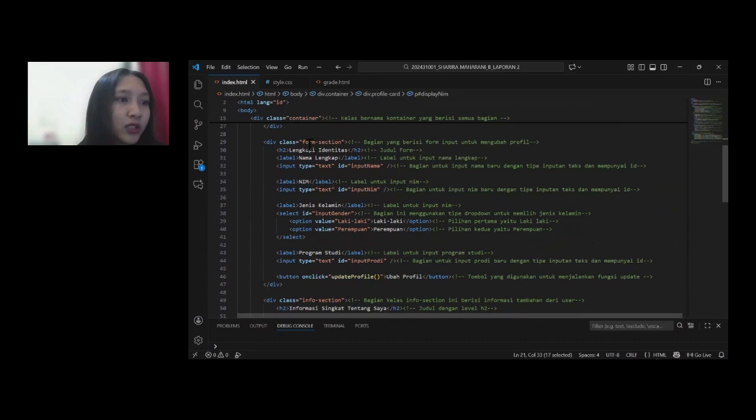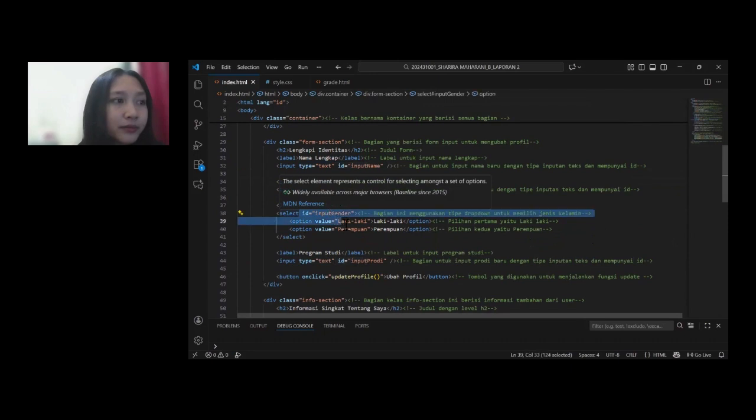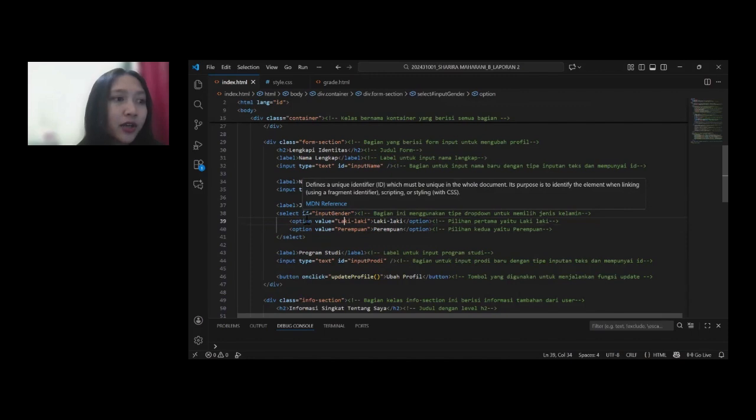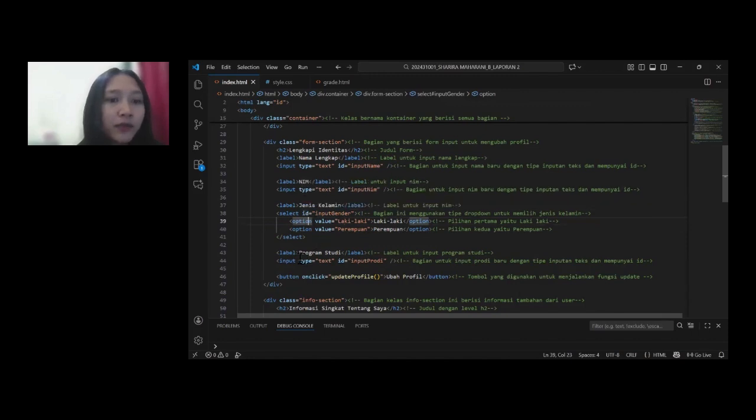This form includes text input for name, a drop down selection for gender, and a button which is labeled Ubah Profil.